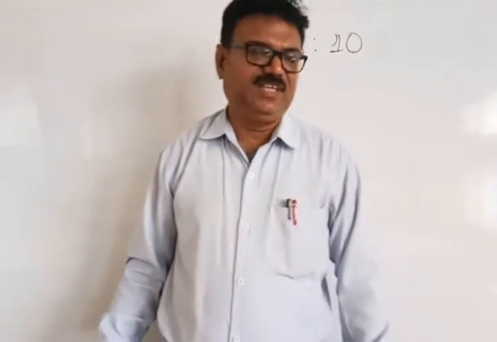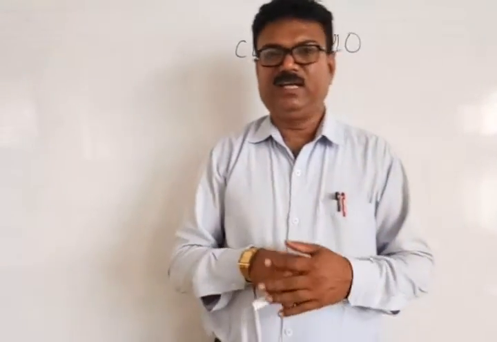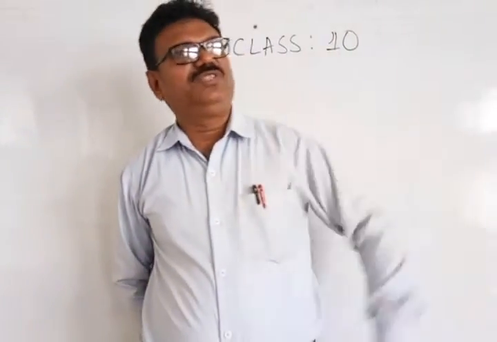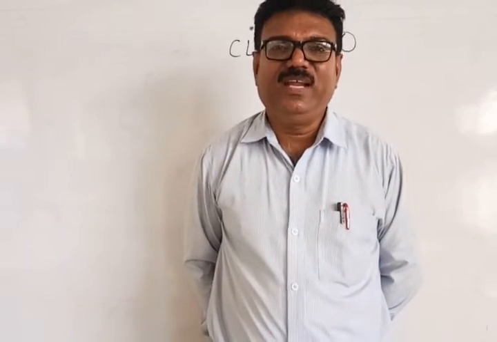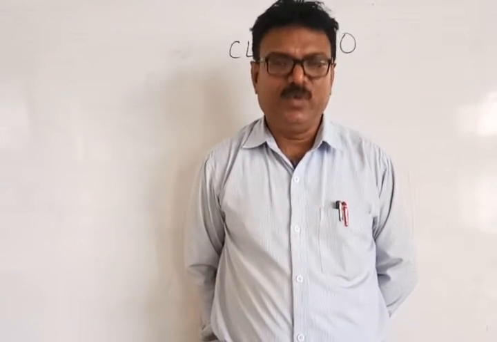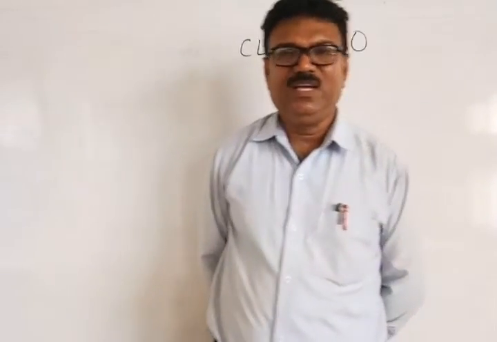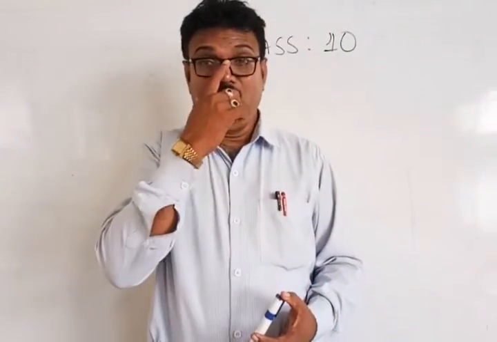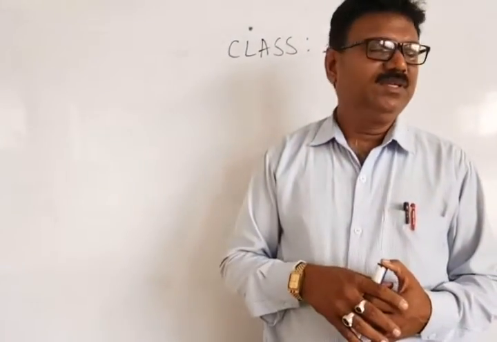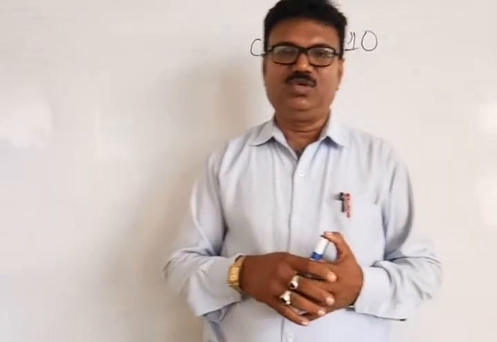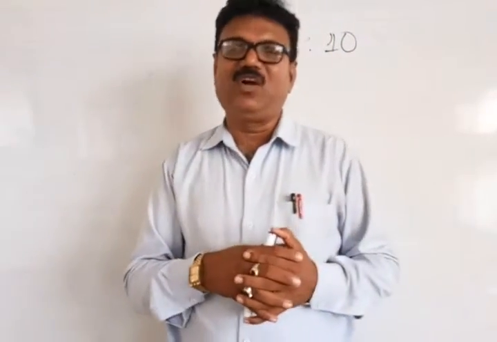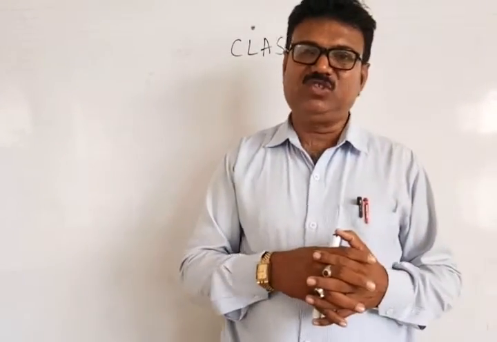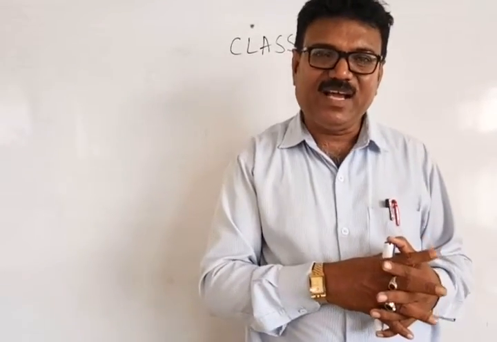Now we'll start a new lesson. Let me introduce that lesson. Very, very simple. If you see outside, the weather is very cool and cloudy. Cool means there is no problem at all, because sometimes it will be cool, sometimes it will be hot. At the same time, outside the weather is also sometimes cloudy. Cloudy means what? It will be like dark. It will be like evening. Morning also, afternoon also, it will be like evening.